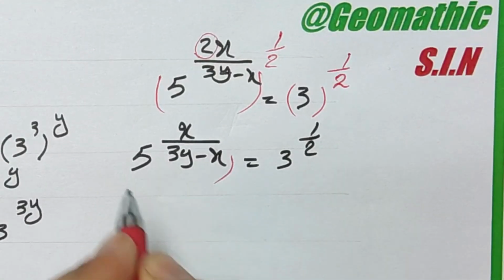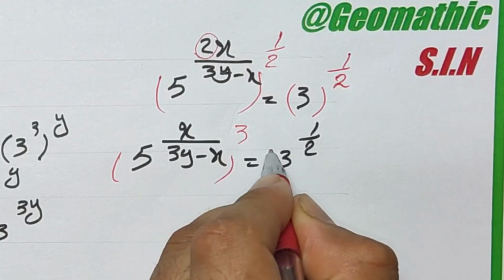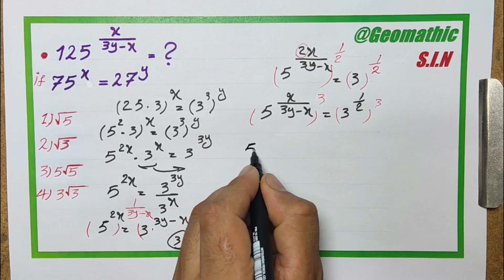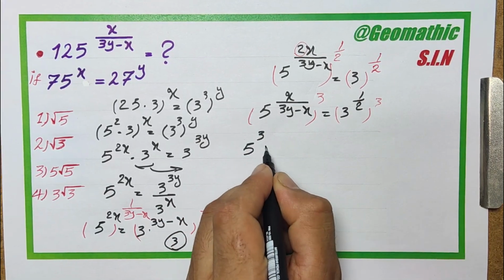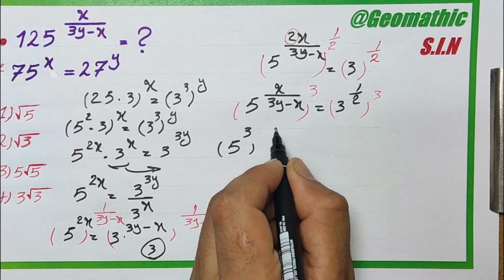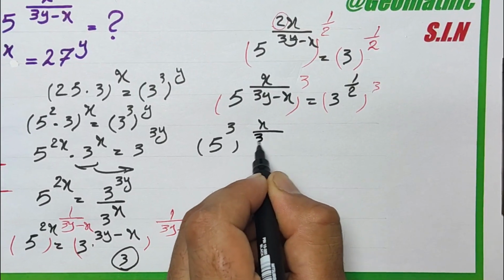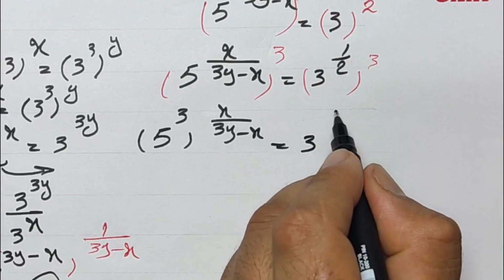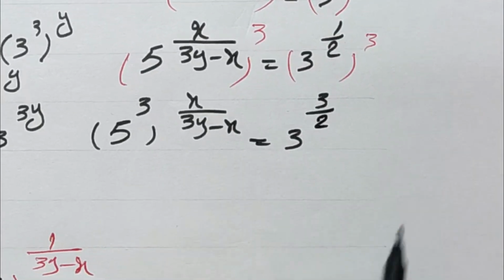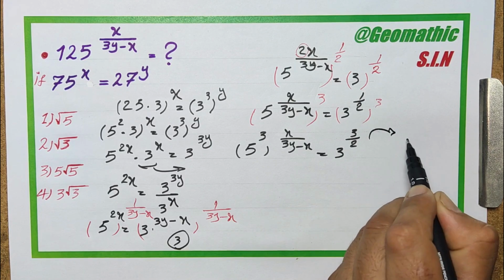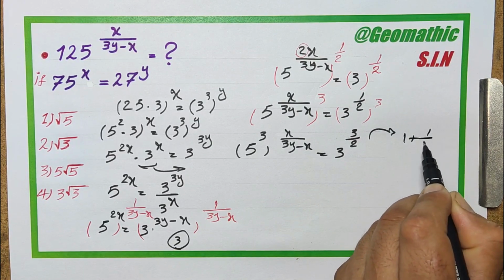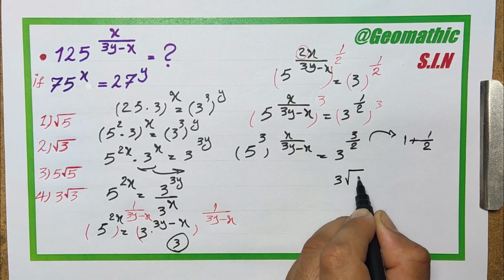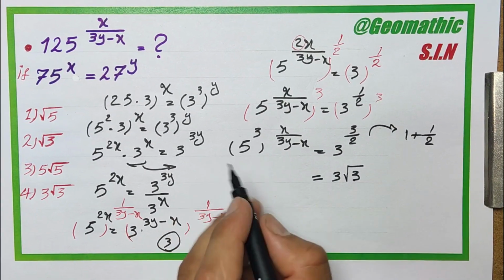We can switch the exponents, so we have 5 to the power of 3, all raised to the power of x over 3y minus x, equals 3 to the power of 3 over 2. 3 over 2 equals 1 plus 1/2, so it's equal to 3 times the square root of 3, and 5 cubed equals